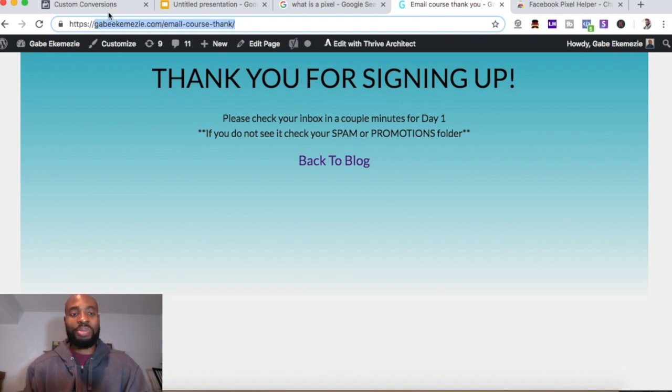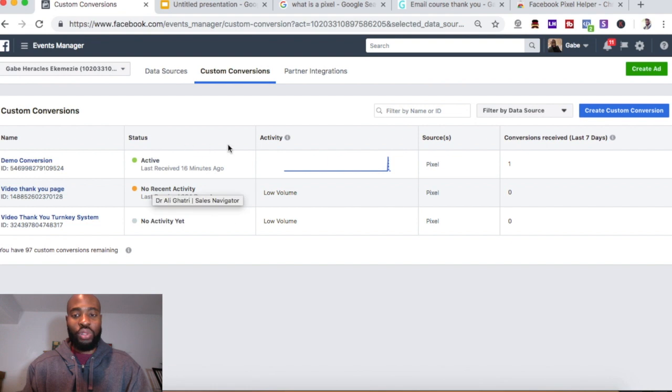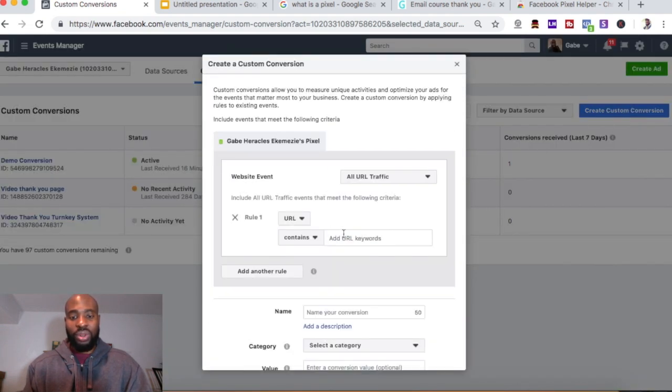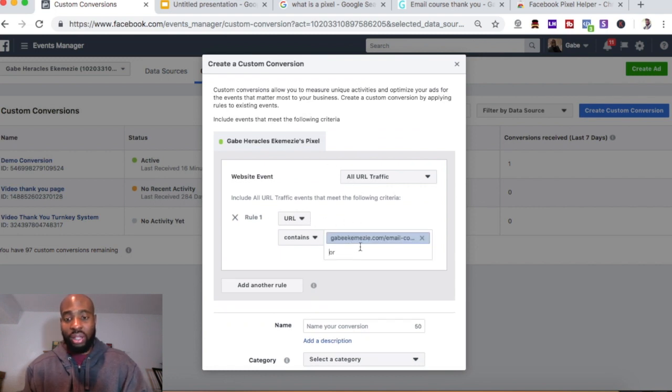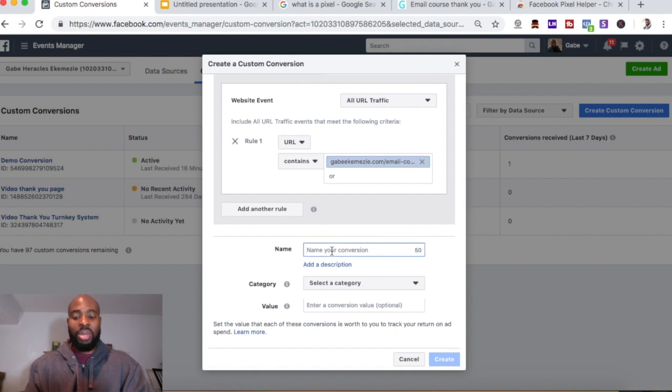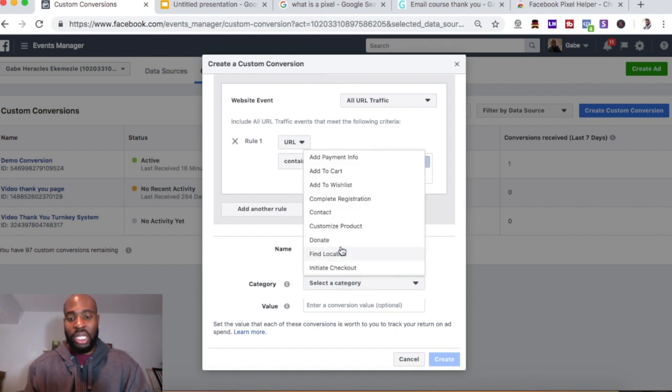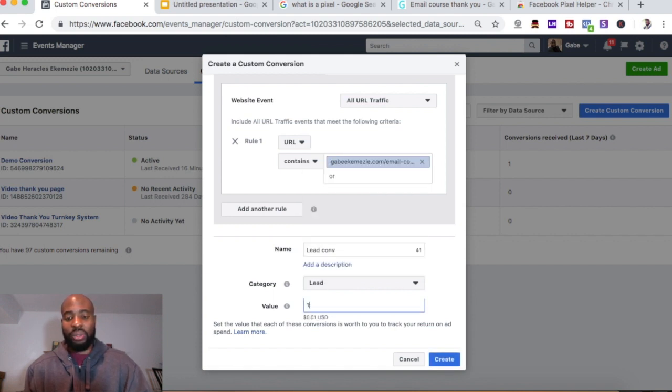I'm going to copy this and go to create custom conversion. The URL contains this URL that I've just created, and I'm going to name it. I'm just going to name it lead conversion, whatever you want to name it. The category is going to be lead, and the value is going to be 1. Then I'm going to hit create. I'm not going to do that now because I already have my pixels set up, and I don't want to confuse Facebook's system. But that's how you would create a conversion event